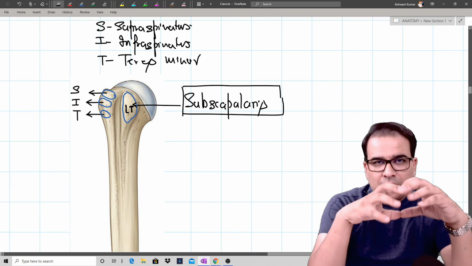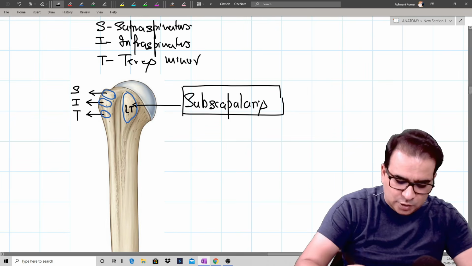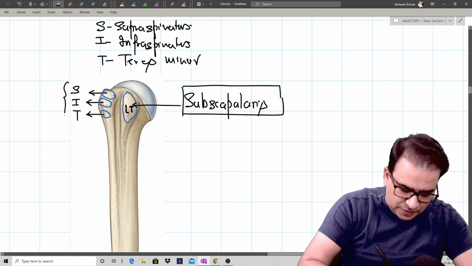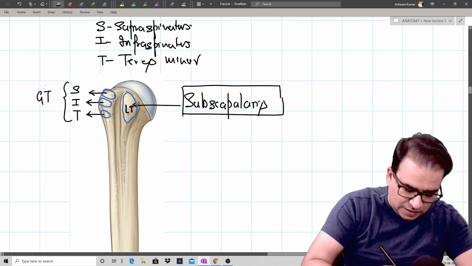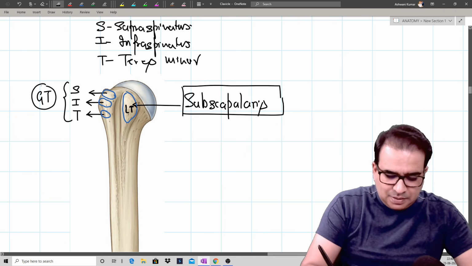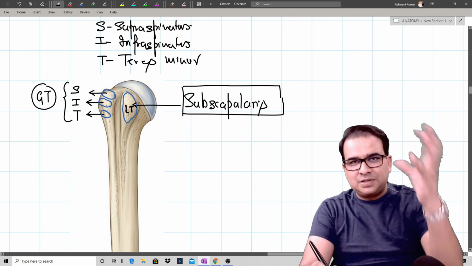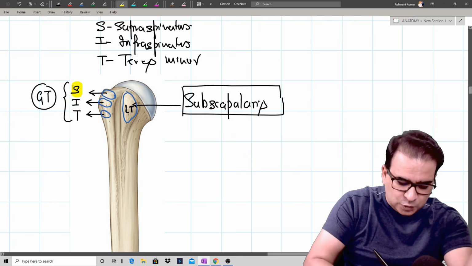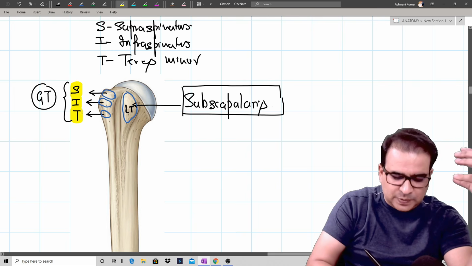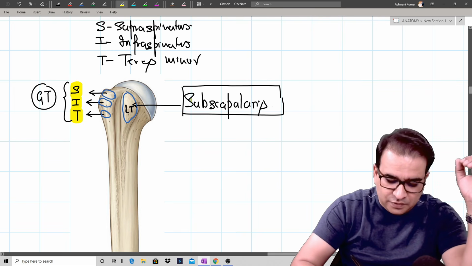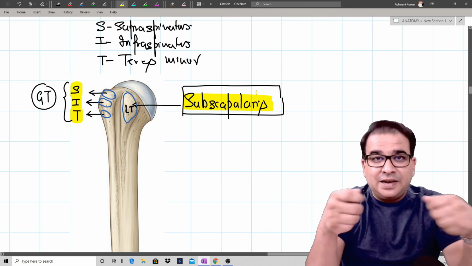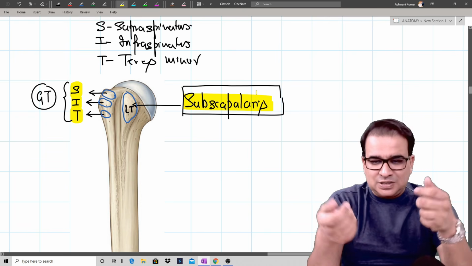All these muscles, one on the lesser tubercle and three on the greater tubercle, are the muscles of the rotator cuff. Obviously, they are all surrounding the shoulder joint, and they are the rotator cuff muscles. The four muscles in the rotator cuff: supraspinatus at the top, infraspinatus and teres minor behind, and the one in front is the subscapularis here. We also call them the steering muscles. You know what we mean by steering muscles, guys? Because they steer the humerus.